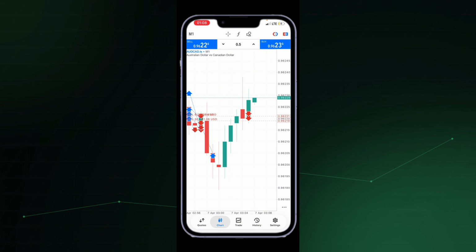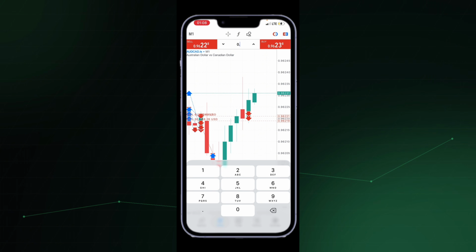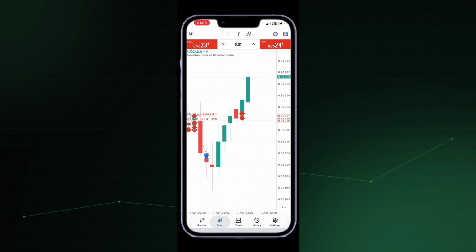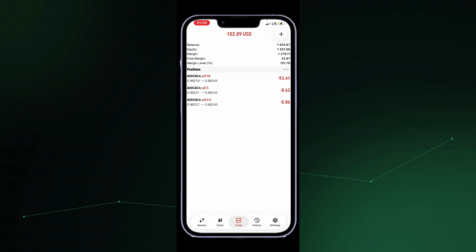We're basically not predicting, but there are certain strategies that help us anticipate where the market could potentially go, right? These strategies are what we use to not only enter but also place our stop loss and stuff like that. As you can see here, I entered for sells, and because the market formed a green candle, we are in red right now, right? So this lot size really matters. You can adjust your lot size and everything. Now I'll still show you guys how to actually adjust the lot size and do all those things.